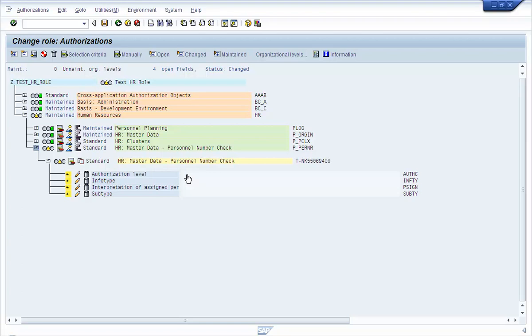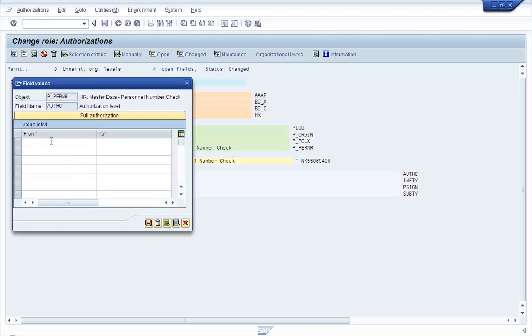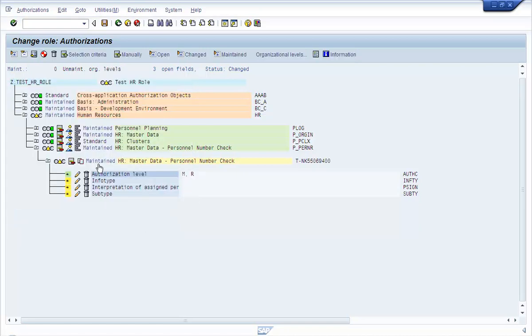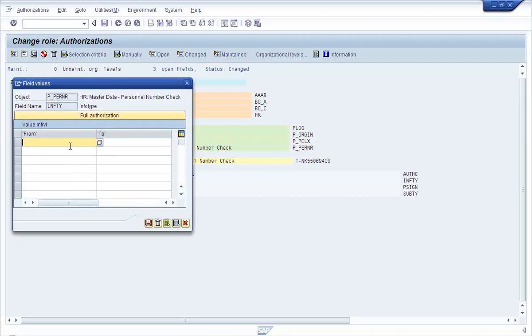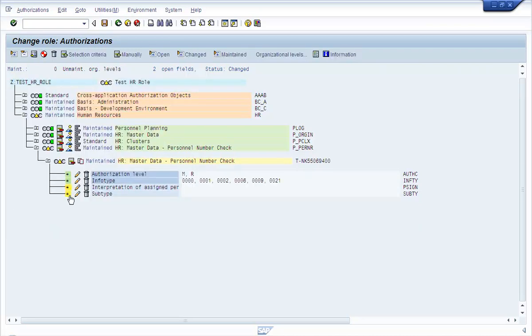And the next object that we are concerned about is this one, P_PARTNER. Now P_PARTNER is for giving access to the employees for their own data or somebody else's data. So we'll give the same info types here as we did in P_ORIGIN. And we'll give a demo about how to use this in a separate demo with a separate example.